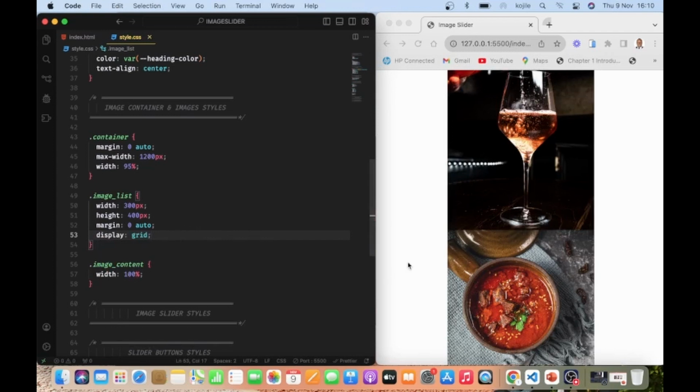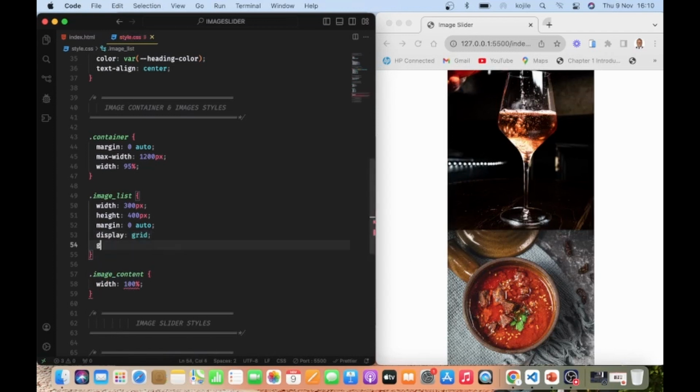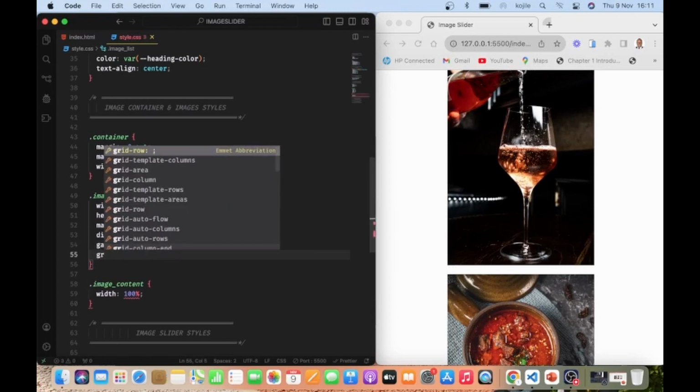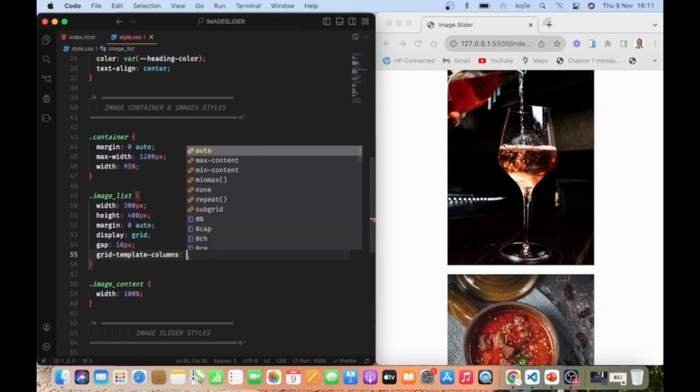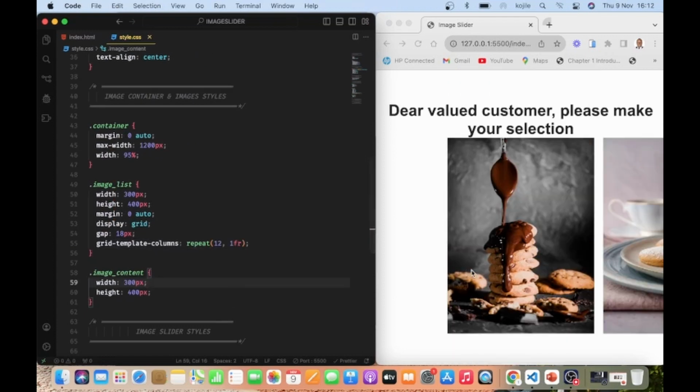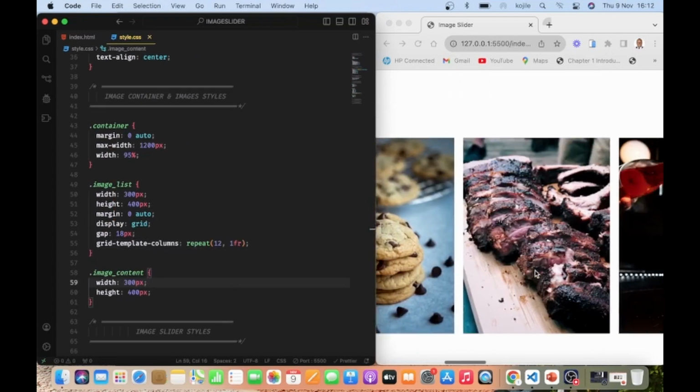Now here nothing happens apart from all this one here joining together, where we can give some gap here. A gap of maybe 18 pixels can do. So we had that, and we have to say grid template columns, and we shall be using this repeat. So there are 12 images with the same width, so we say 1fr, and right away they're here working, scrolling,